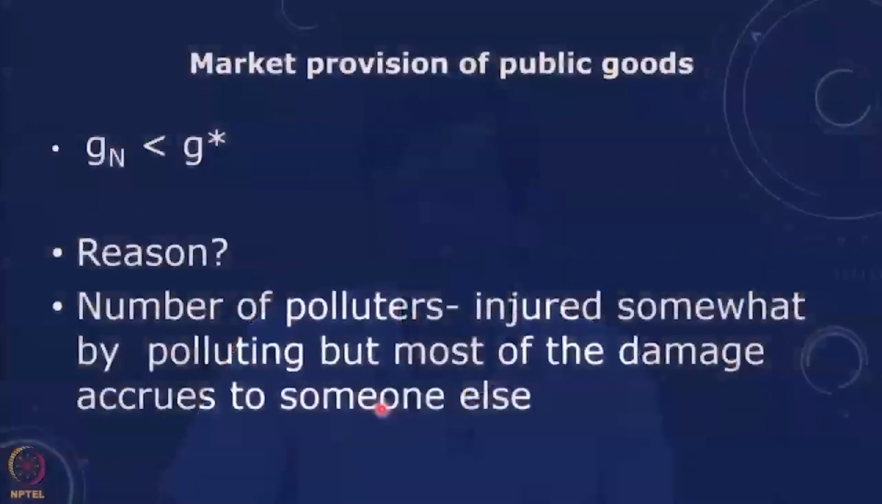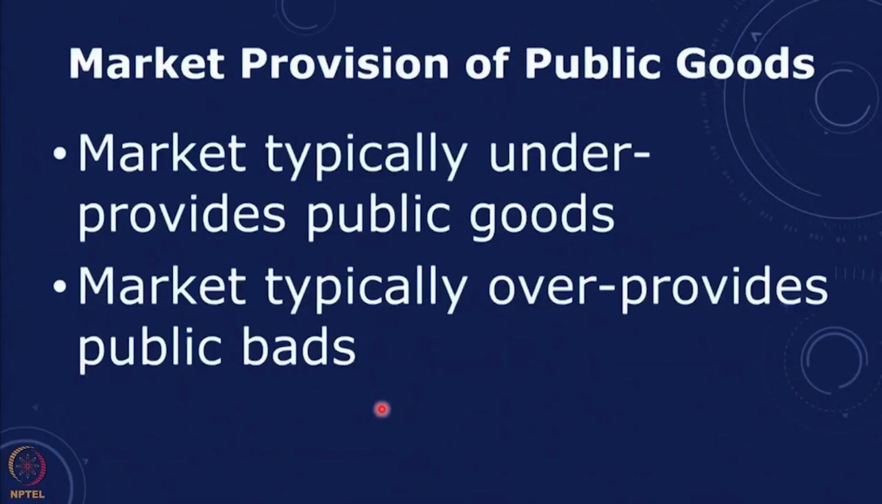And the climate change problem is essentially amenable to the same situation. The polluters are injured somewhat by polluting, but most of the damage accrues to someone else, and that is the reason why we overproduce public bads or underproduce public goods. Typically, the market underprovides public goods and overprovides public bads. So, now the question is,